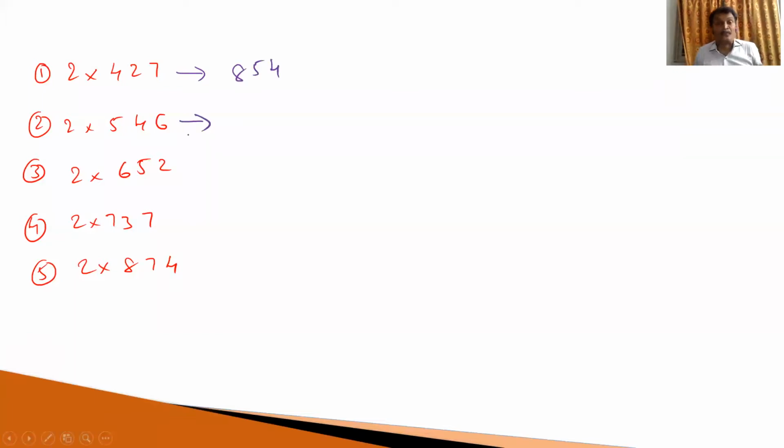Now 2 times 5 is 10. 2 times 500, that is equal to 1000. Keep in your mind. 2 times 4 is 8. 2 times 40 is 80. Already we have 1000. Okay, 1000 plus 80, 1080. 2 times 6, that is equal to 12. 1080 plus 12 that is equal to 1092 is the answer. Okay, 1092. Is it clear, brothers? You made a mistake here.